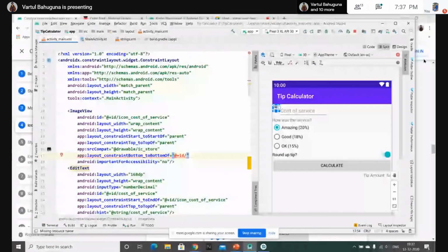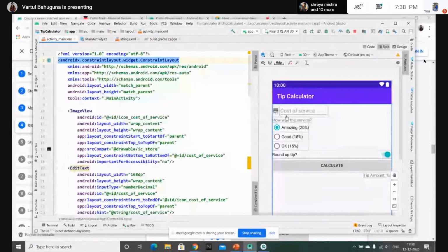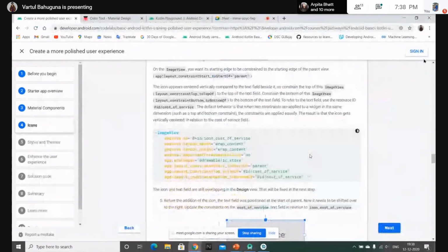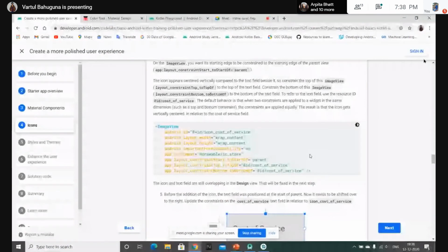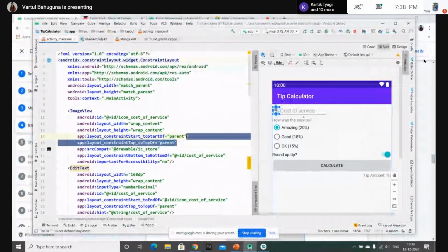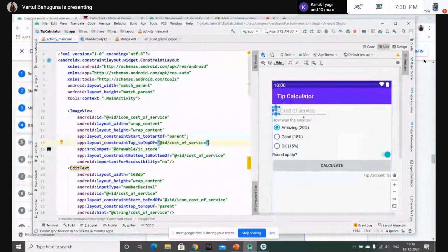The bottom constraint of this icon is matching with the bottom constraint of cost of service. So here we have the whole code, constraint bottom to bottom, and also we need to set the top constraint, and then we have it aligned with the cost of service.